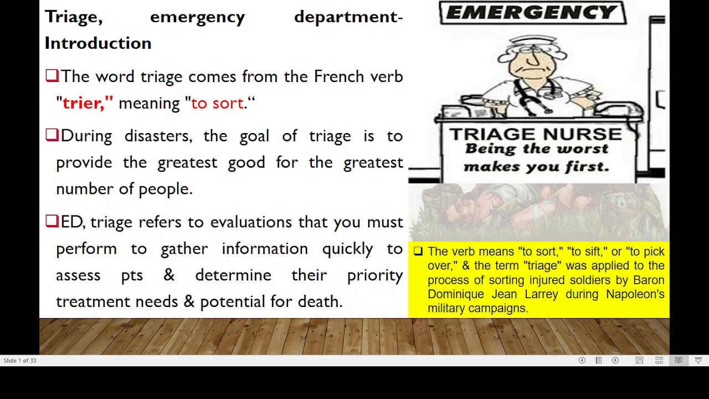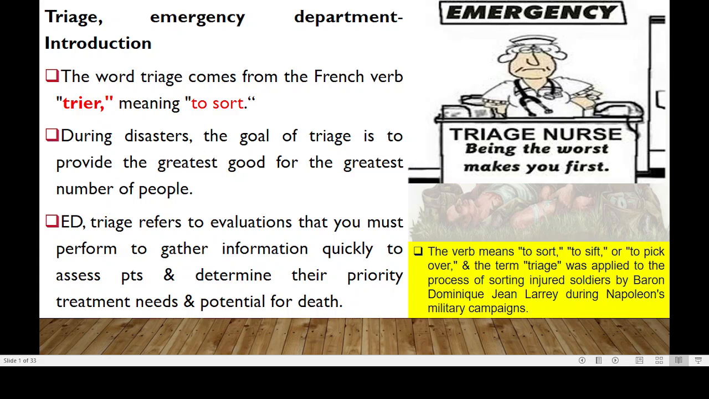First of all, in defining triaging, the word triage comes from a French verb, trier, which means to sort. So during disasters, the goal of triage is to provide the greatest good for the greatest number of people. And therefore, triaging in emergency department can be defined as evaluations that you as a nurse must perform to gather information quickly so that you are able to assess patients and determine their priority treatment needs and the potential for